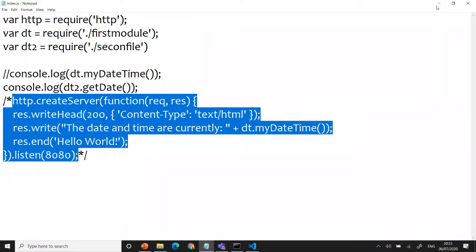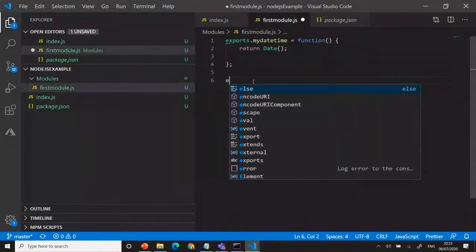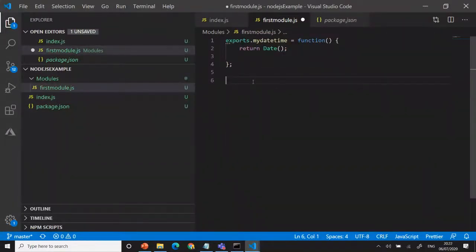Same like that, if you want multiple methods to call together. For example, I want to bring 2 or 3 methods together, then first I can make some module like that. My functions equal to, and then there I can add getDate, like that.